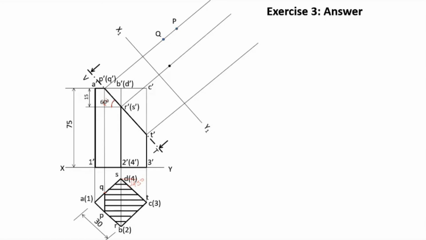Likewise, you mark the points S, R, and T. Now join P, Q, R, S, and T. Now the section surface. Now the section lines also. Okay. Is it okay? Sir. Yeah. PQRS point is